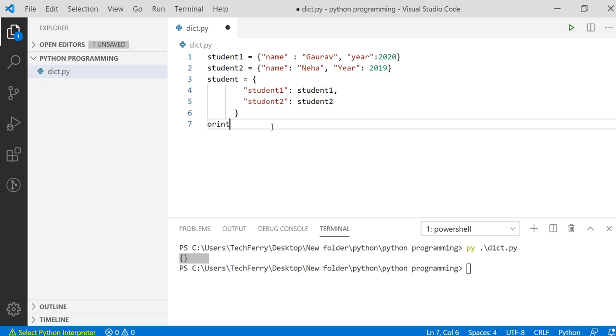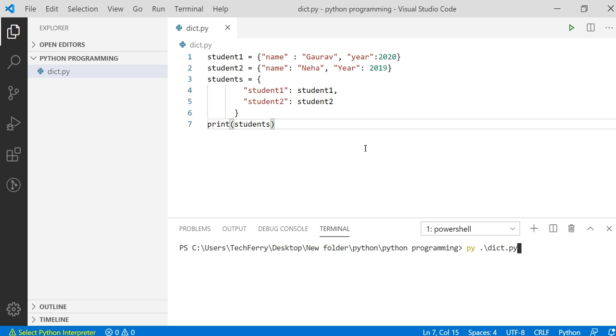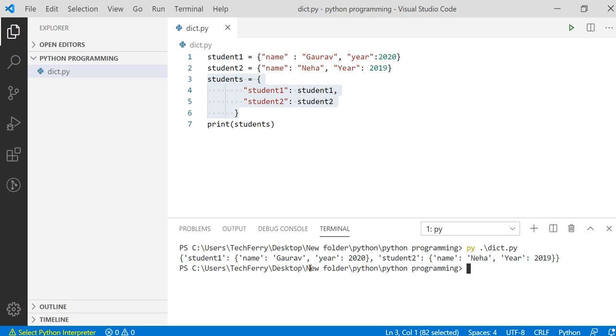Again, if I print it, I'll print students, which is over here, and let's see the output. In this case, we will have both the dictionaries combined into one. So let's run it and see.